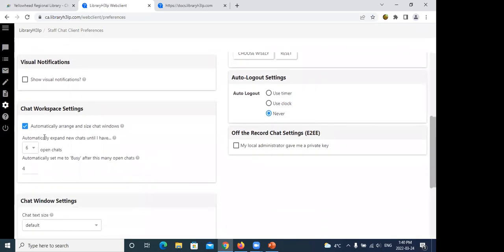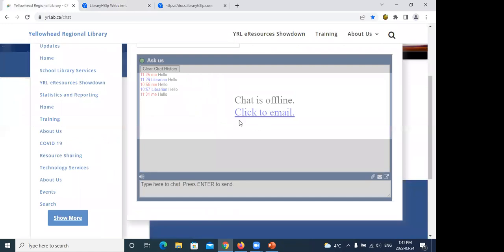And here you can set how many open chats you have at a time. So if you could set this to have 6 chats come in, and here is the number after which you are changed to a status of busy, which I'm not actually sure if that prevents new chats from coming in or if that just changes your status